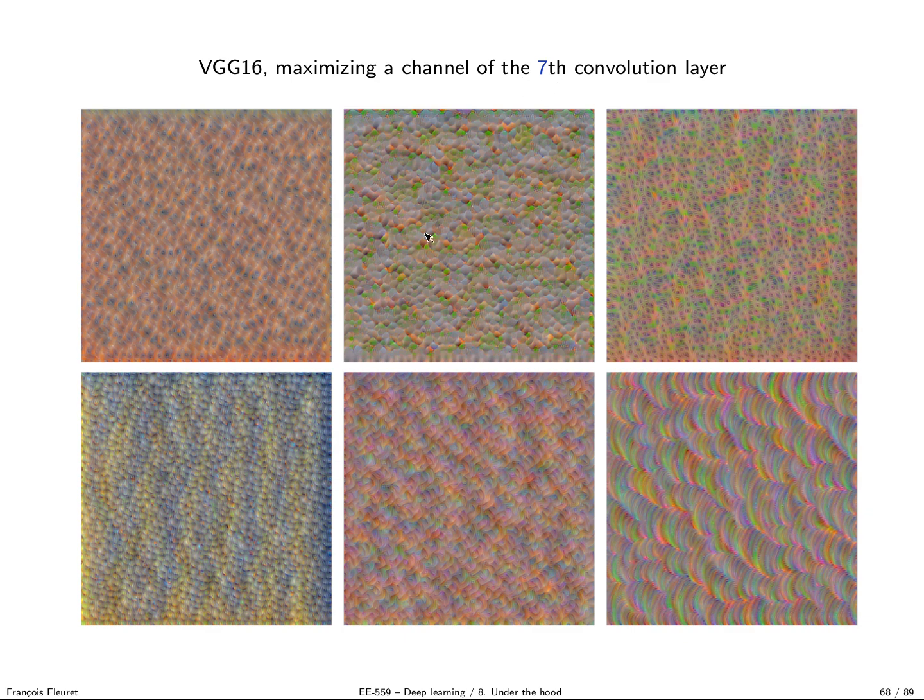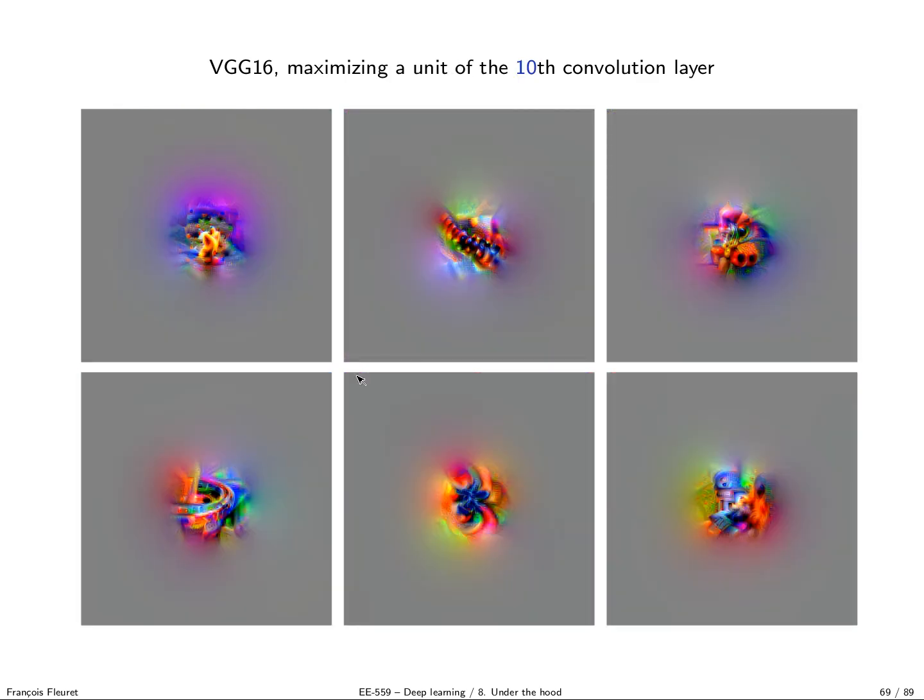We see that we get higher frequency textures on most structures. They are quite nice. They look a bit feather-like or scales-like. If we move to the 10th convolution layer, here instead of looking for the mean or the summed activation over a channel, I'm just picking a single unit and maximizing it. It's why in the two previous slides, the resulting image was defined as a full image support, while here a big chunk of the image is gray, which means the gradient was 0 there and it was not optimized. The image remained equal to the very small Gaussian noise we initialized it with.